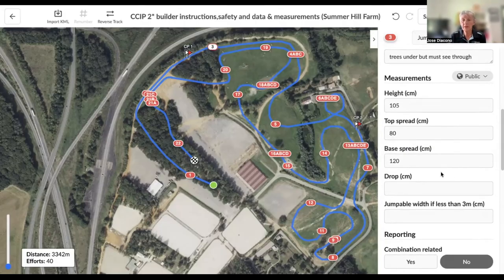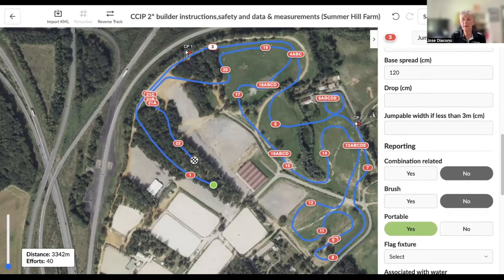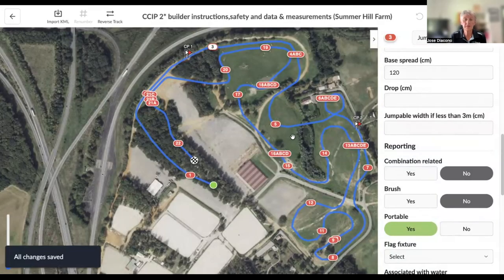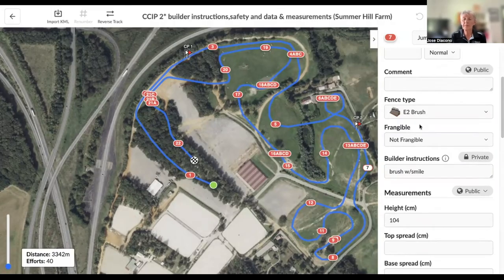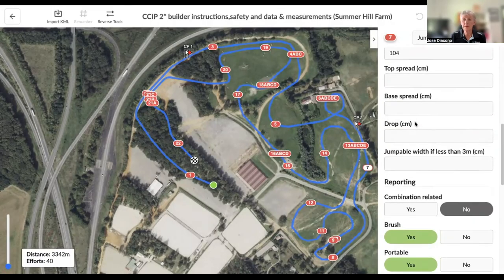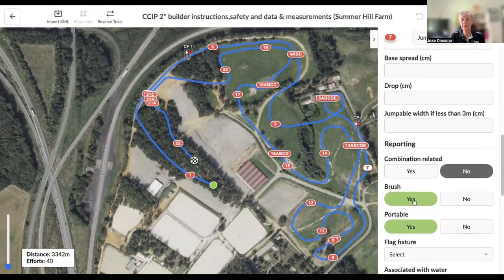And you've got some intelligence in here. If we have a look at, there's a brush fence somewhere. Trying to find it. There's some more. Oh, here we are, a brush fence. This is a brush fence, so it knows that it's a brush. So it said yes to the brush. So we've got a little bit of intelligence in there just to, again, save you having to put all this